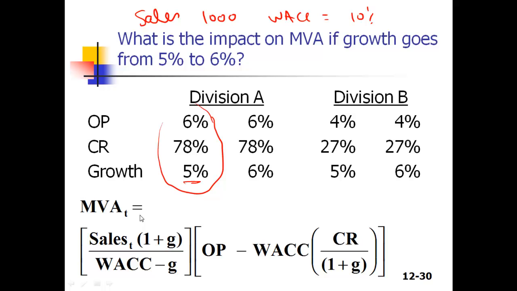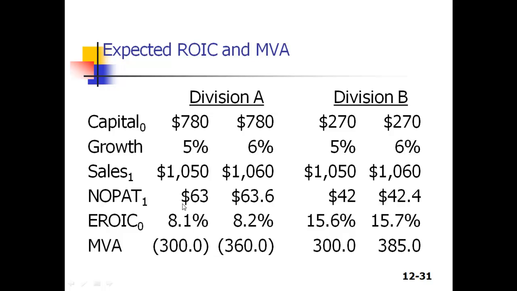What is capital, what's CR? And it's what divided by what? Sales. Okay, so just come up with this number over here. What's the MVA in this scenario? Okay, this is what you should get. Okay, so just using the formula from the previous slide,